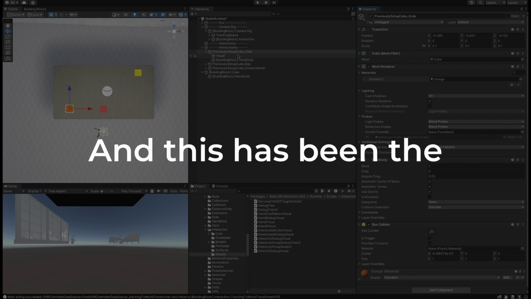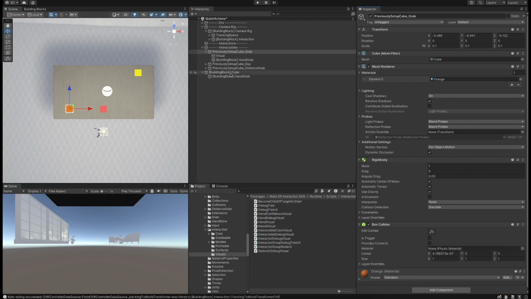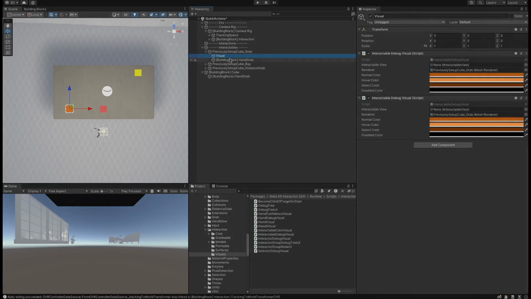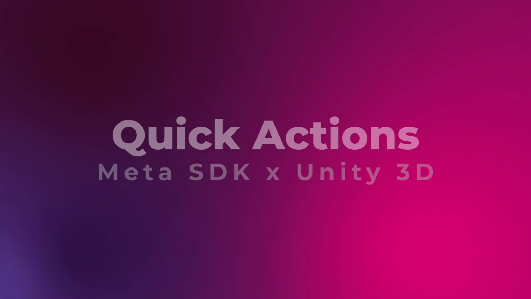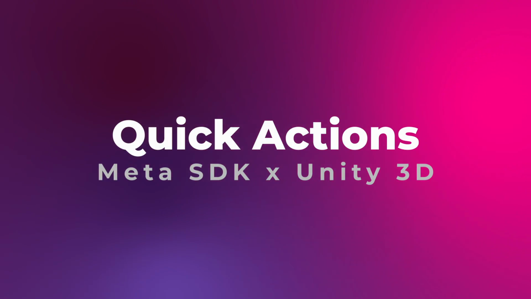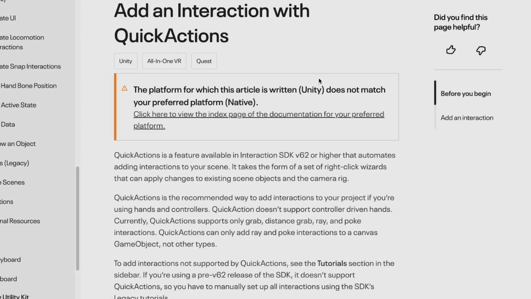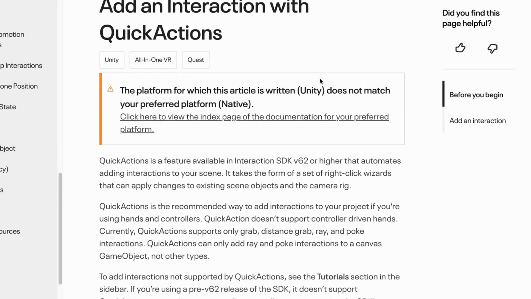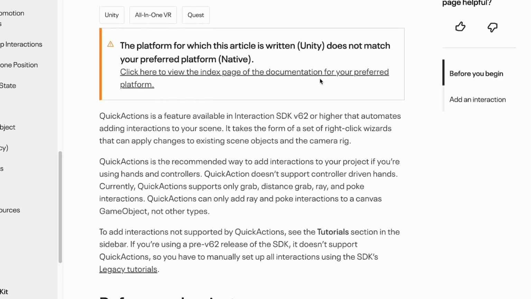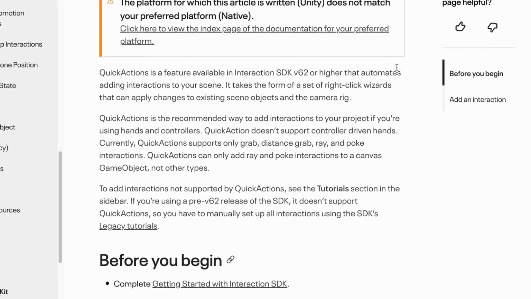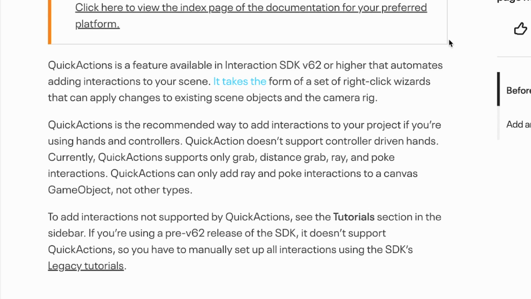And this has been the way I had been doing it lately, until I revisited the docs and found out about quick actions. The Quick Actions feature was released after the introduction of building blocks in version 62, and to solve this exact issue among the developers. It allows using Unity's familiar right-click wizards to apply changes to existing scene game objects and camera rig, and is termed as the recommended way to add interactions to our project if we are using hands